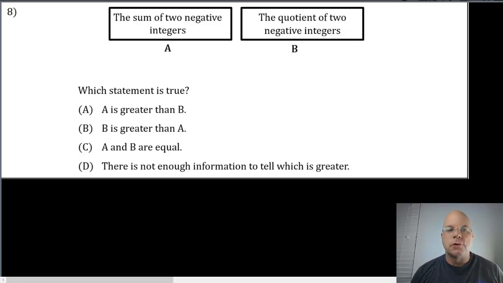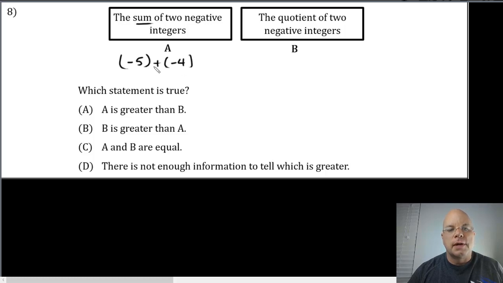Page 3 on your review begins with problem 8. This is another quantitative comparison. This one's much easier than the one we did on the other page. This says we're going to compare the sum of two negative integers to the quotient of two negative integers. We know that sum means addition, so I could just pick any two, -5 plus